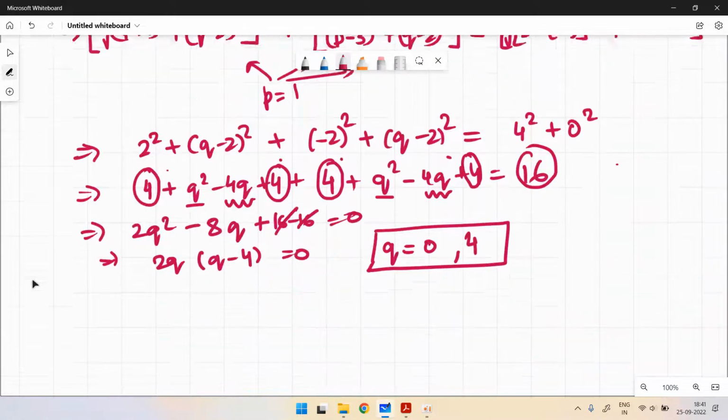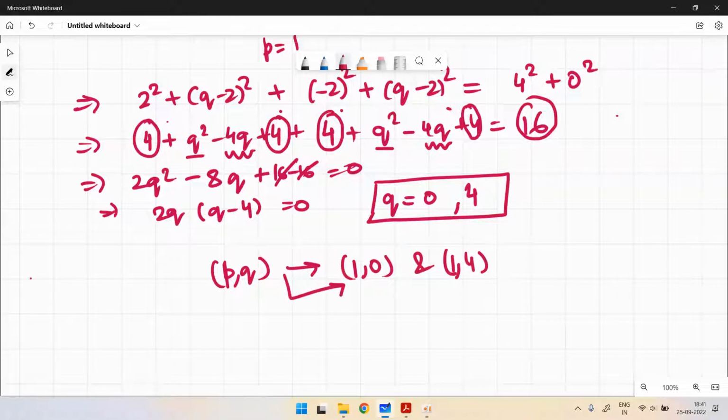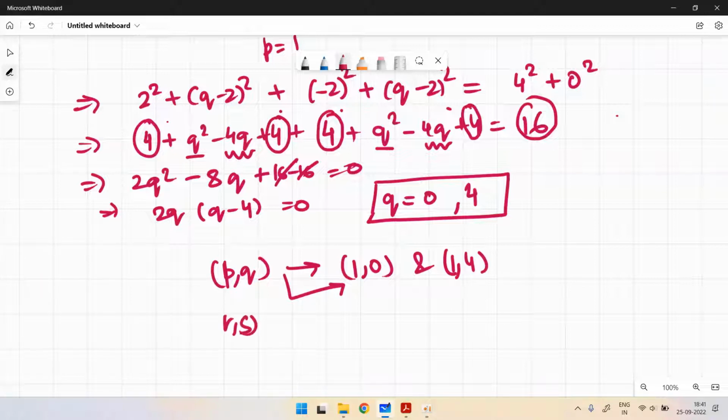So the two values are, if you take P as 1, the other will be Q. So P comma Q is 1 comma 0 and 1 comma 4. If I consider 1 comma 0 to be this, then the other, R comma S, will be 1 comma 4. So the other coordinates of this